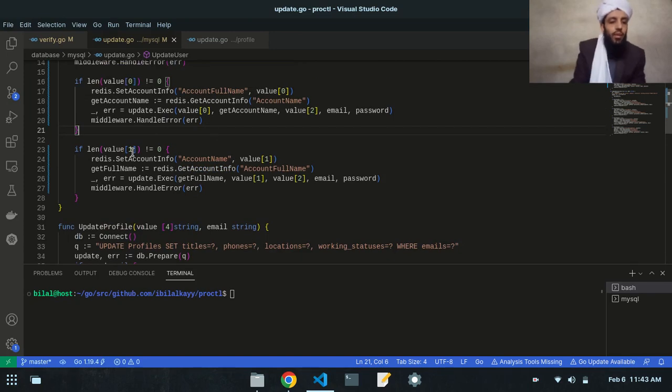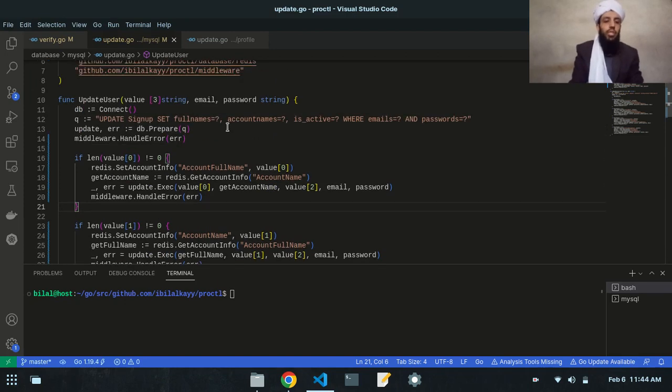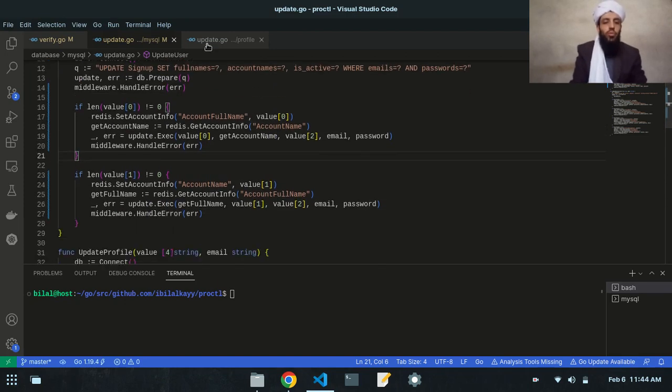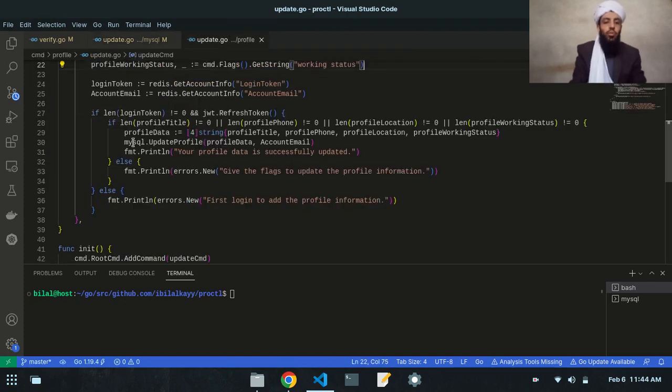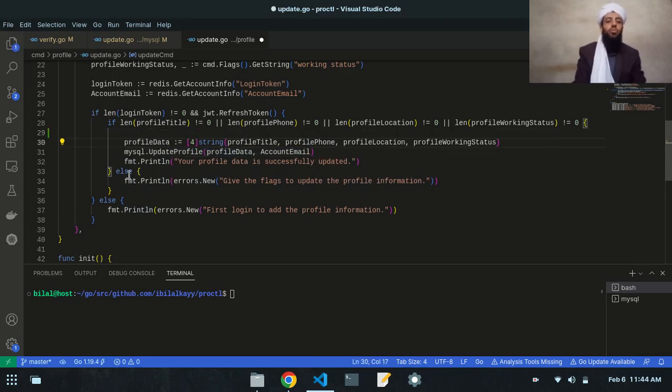All right, so let me just check it for you to see whether it is fine or not. Account full name, account name. All right, so after that what I need to do is to go to the update.go file that is present inside this profile directory. So as you can see here, it is updating the profile also, so I will work on updating the user. So let me just